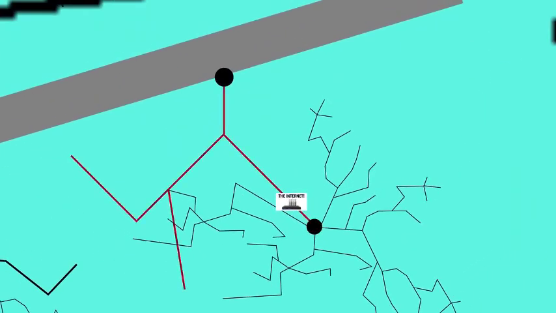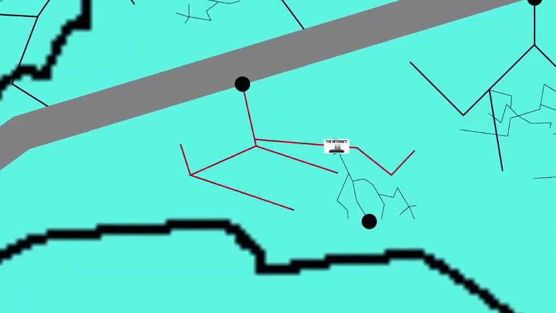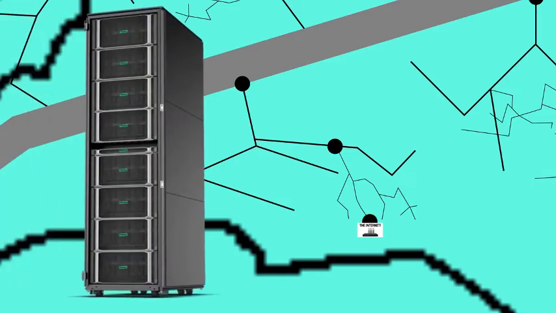And from there, they traveled on the Tier 2 network to a Tier 2 data center. From there, they traveled along the Tier 1 network massive distances to a separate Tier 2 data center closer to Google's server farm, most likely in Lenoir, North Carolina. It then traveled on that Tier 2 network, then to a Tier 3 network, and then to the building where YouTube's servers are located. Then it travels onto a server where it's stored on a hard drive, just like the one it started on in my apartment.